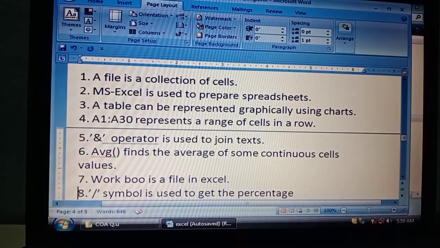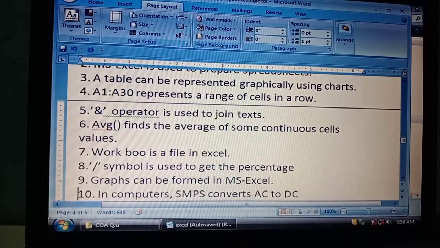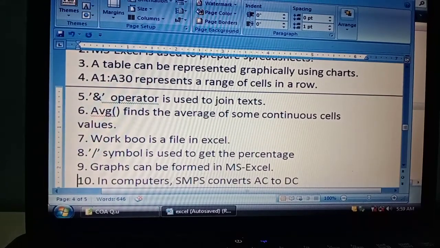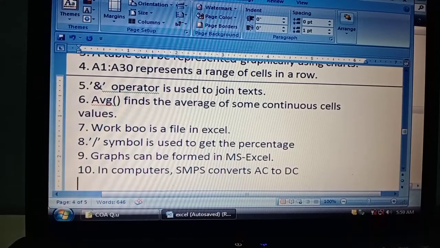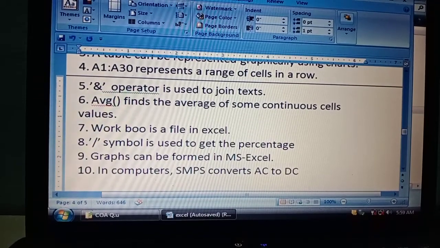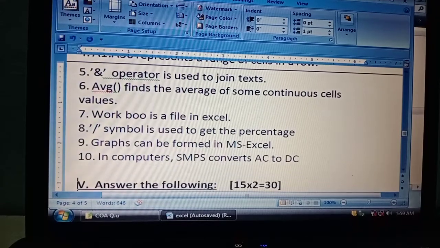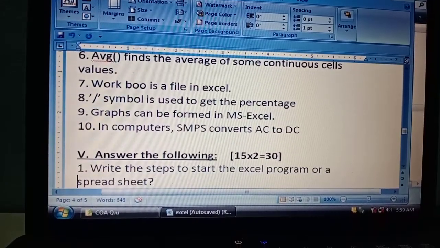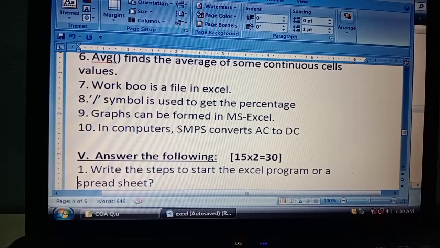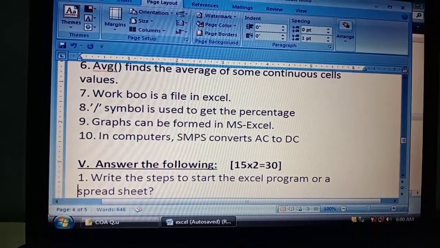Average finds the average of some continuous cell value. 7. Workbook is a file in Excel. 8. Slash symbol is used to get percentage. 9. Graph can be formed in MS Excel. 10. In computers, SMPS convert AC to DC.